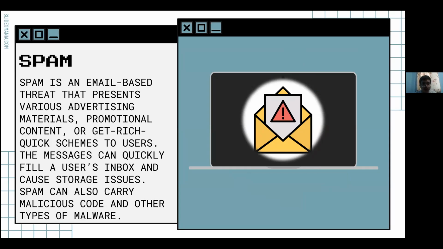Social engineering. Spam. Spam is an email-based threat that presents various advertising materials, promotional content, or get-rich-quick schemes to users. The message can quickly fill a user's inbox and cause storage issues. Spam can also carry malicious code and other types of malware. Next,